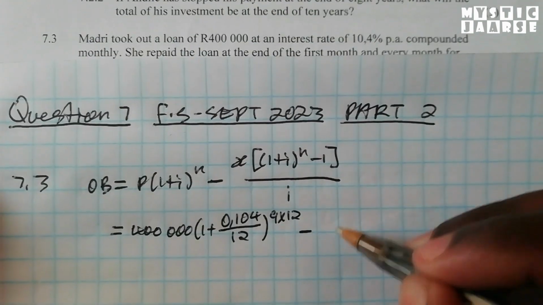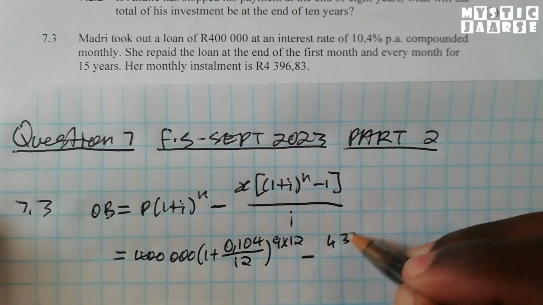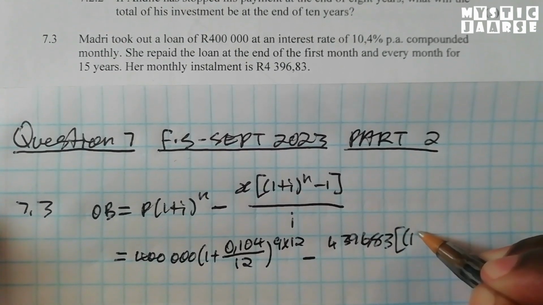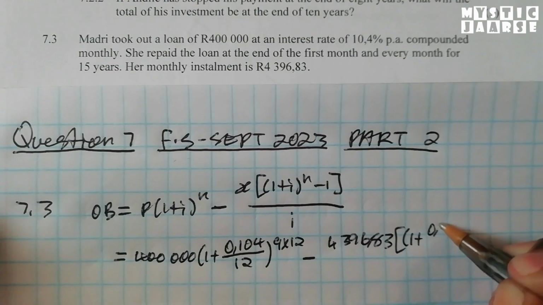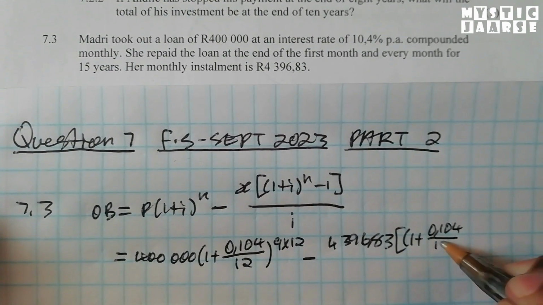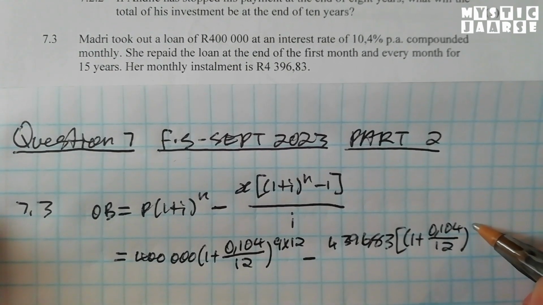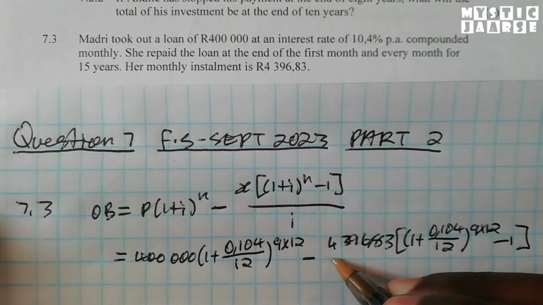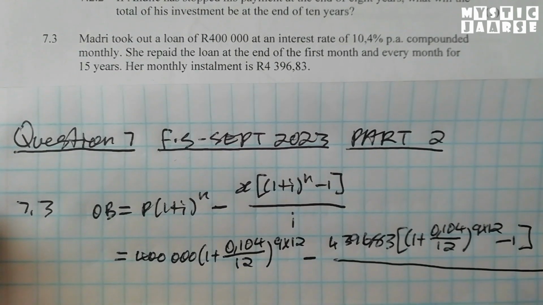So we have our x as 4,396 rand 83 cents into (1 plus 0,104 divided by 12) to the power of 9 years times 12 months minus 1, close, all divided by